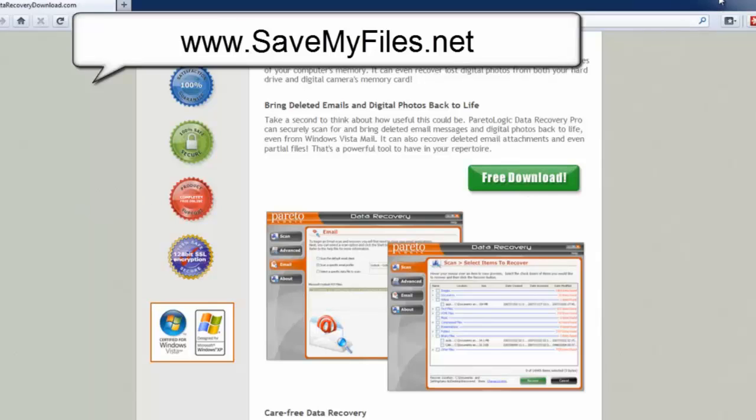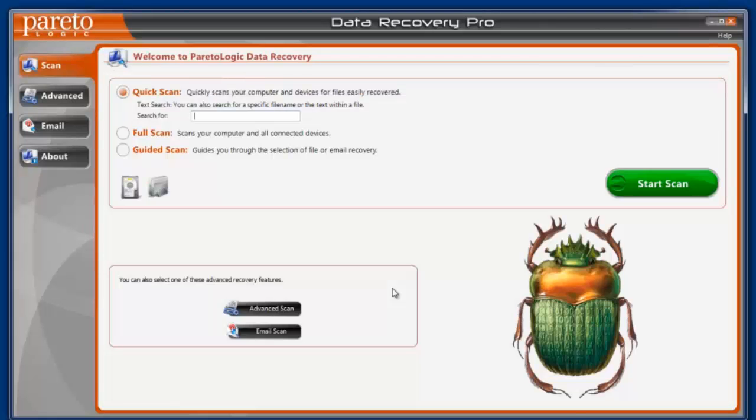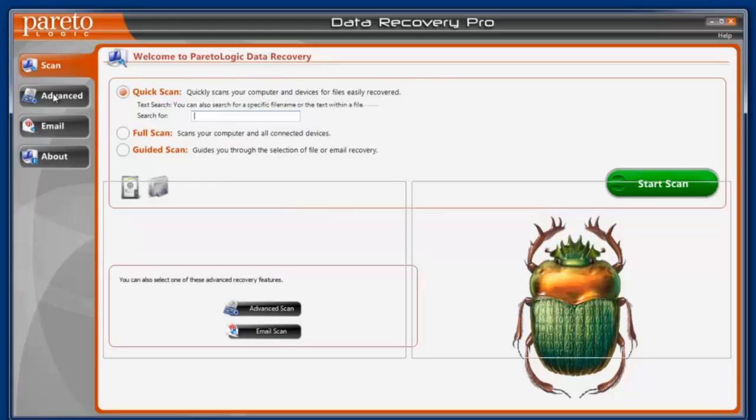So once you download it, you'll get an icon that looks like this. It says Launch Data Recovery. Okay, and this is what it looks like. Now, I haven't tried these features here. I went straight to the advanced search,